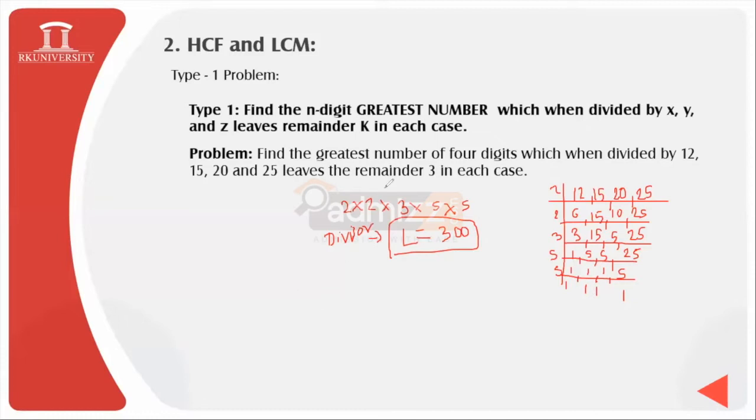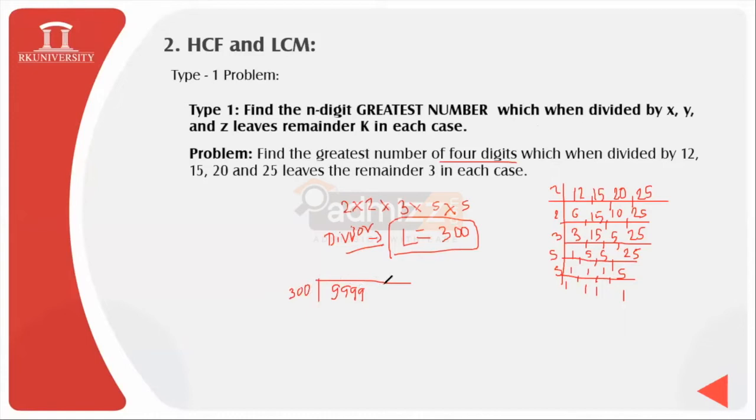Then after, see over here what is given: find the greatest number of 4 digits. So students, what is the greatest number of 4 digits known to you? Can anybody answer this question in the chat window? Yes, very good. It is 9,999. Thank you, students. So this value 9,999 is our dividend value. We have the divisor available by finding the LCM value, that is 300.